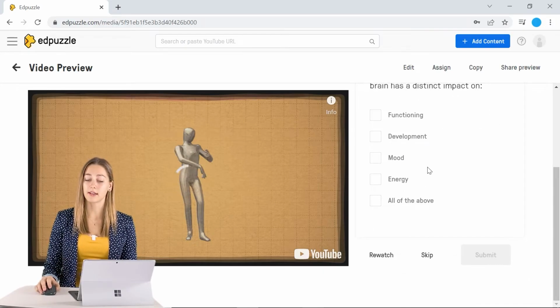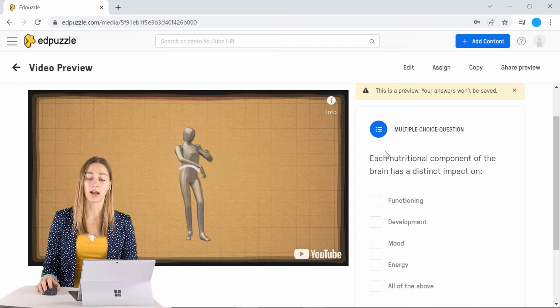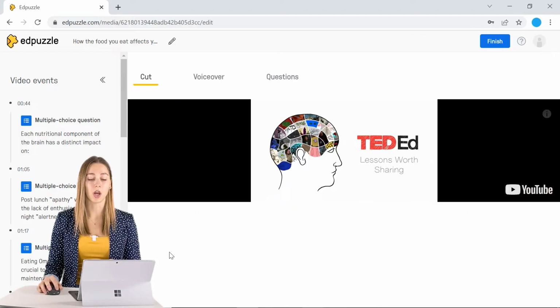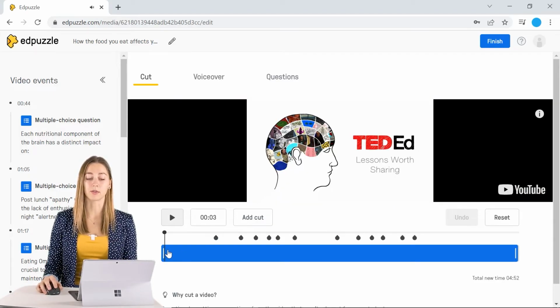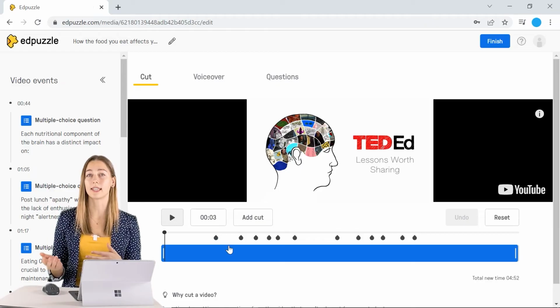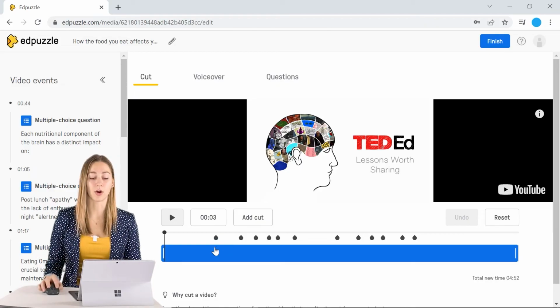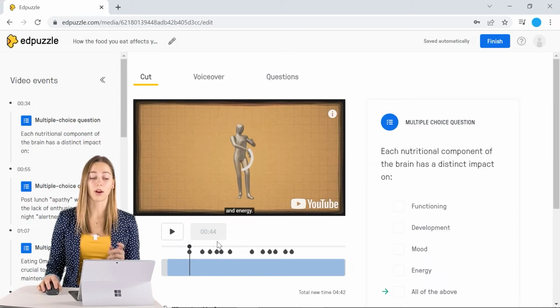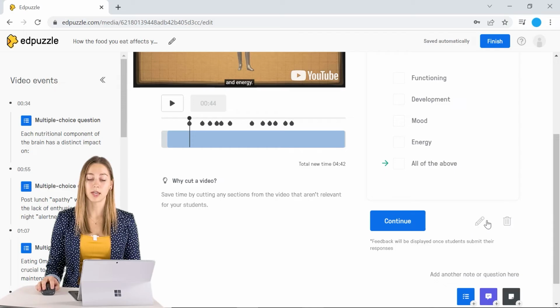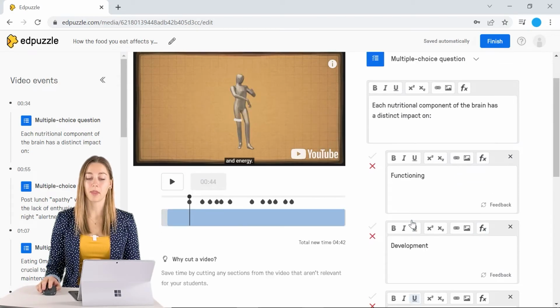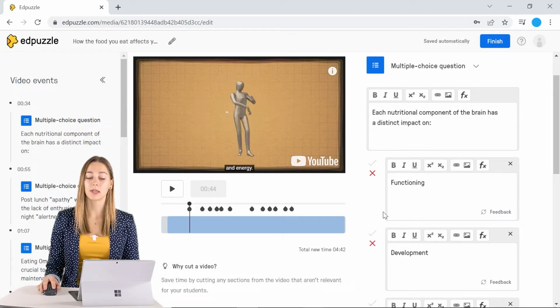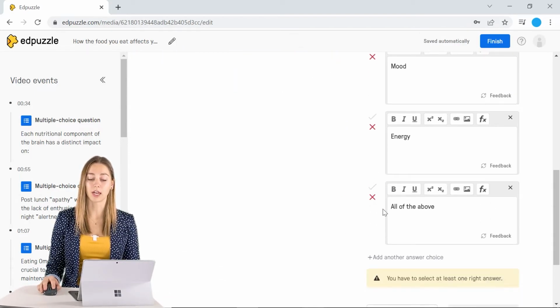If you want to edit anything that the video that you found, you can go ahead and do so. And you'll see that you also have the option to cut and trim any parts of the video. So sometimes videos have that intro and the ending that students don't really need to watch. So you can always trim that up. You can also edit any of the questions that were pre-made or add in any of your own. So to do that, just go ahead and click this edit button. And for the multiple choice, you'll notice there's either the green check or the X. And just make sure that every question there is one check mark, otherwise you won't be able to save it.